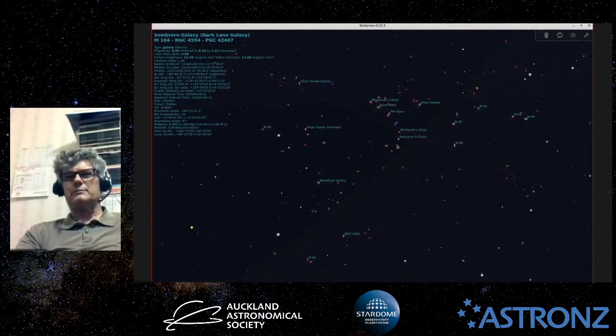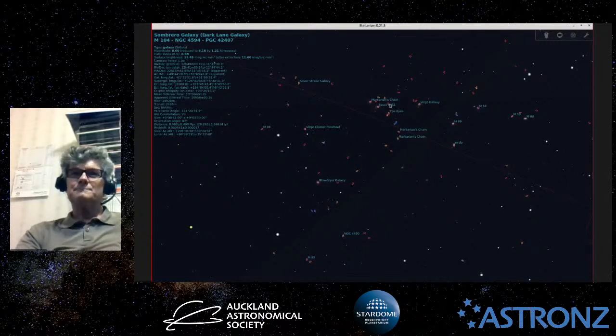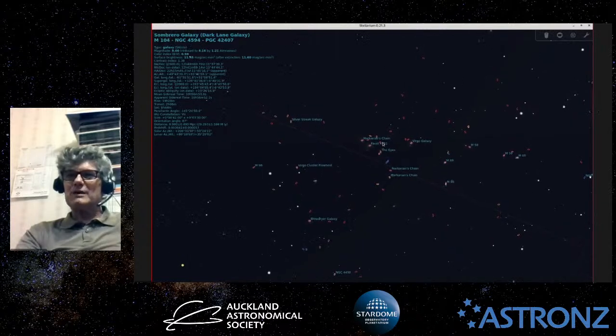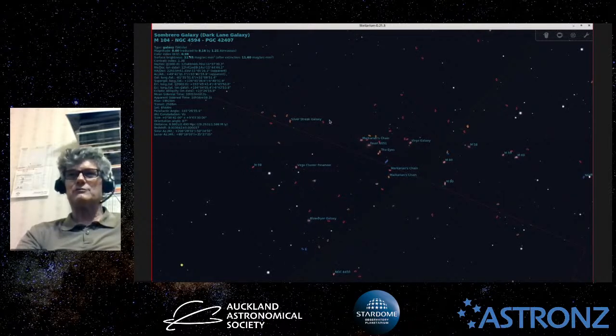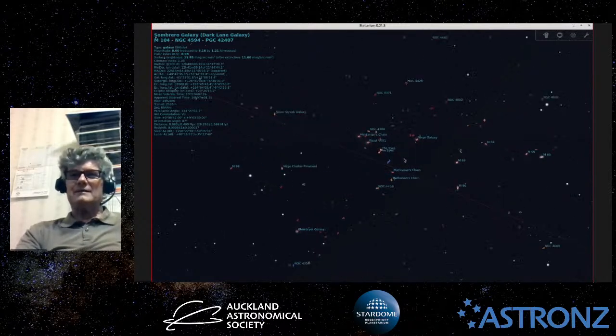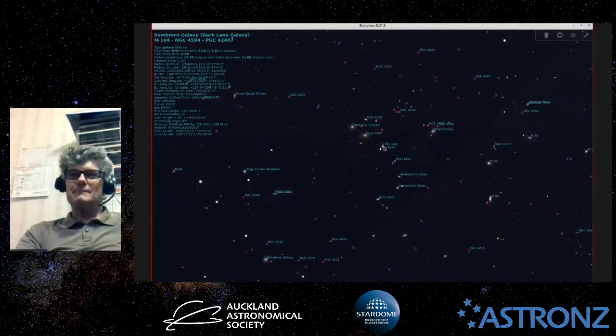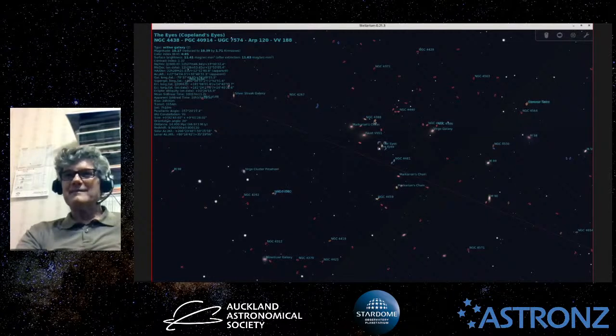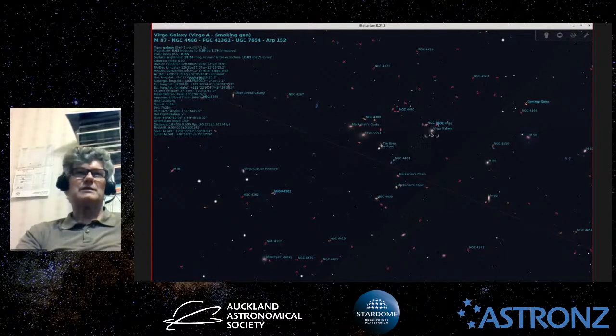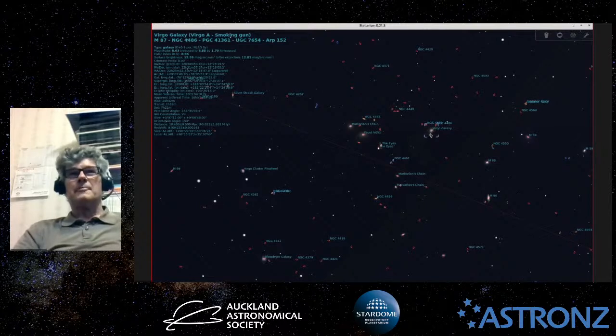And I think this line up here is called Markarian's chain, a chain of galaxies. There's quite a lot of Messier objects in here, as you see. Some of them have quite fanciful names, the Silver Street Galaxy. You generally need a dark sky to see them. The Eye is an interesting name. And this one here, Messier 87, is a